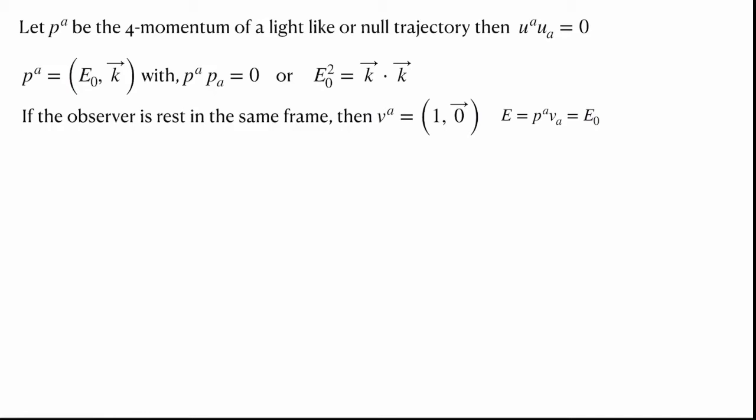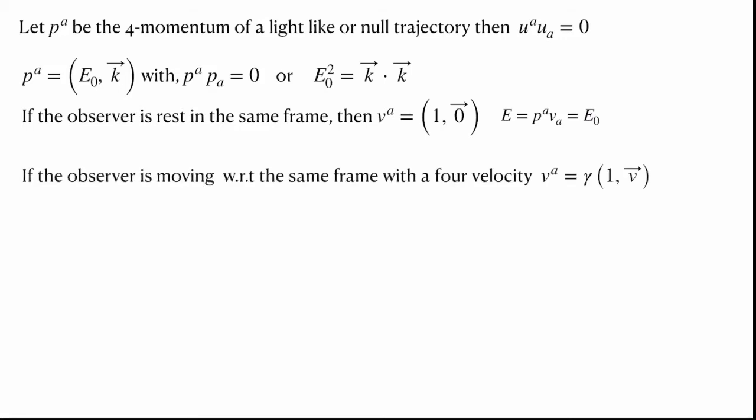It doesn't mean that the observer is moving at the speed of light. It is a mechanism of emission of light which is at rest. Light itself goes in the null direction. Now, if we have another observer who is moving with respect to this frame and whose velocity is given by